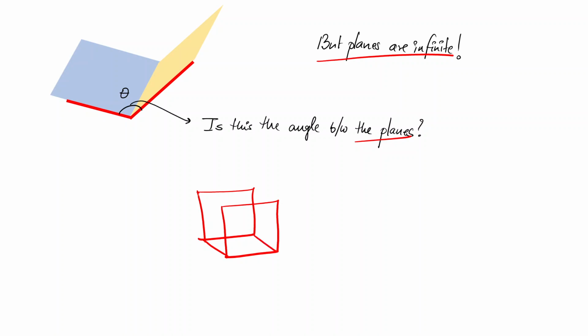Suppose you are dealing with a cube. So you see, this is a plane. This is not a plane. This is the face of the cube, and the plane is infinitely extended in all other directions. So the face of the cube lies in some infinite plane. And when we are thinking about the angle between the planes, the face is enough also. We can figure out the angle using the face, but the edges of the face do not matter because the